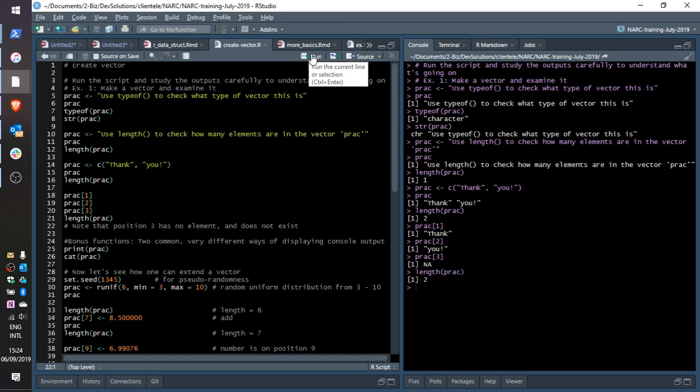What's the length of prac? 2. So notice that I made a comment here. Notice that position 3 has no element and it doesn't even exist. Okay? Well, how did it come there, sir? How did it come there? The position 3. No, I just typed in this thing here to test, to show that what R will give you is NA, even though nothing is there. Okay, it didn't give you an error or anything like that, just told you NA. Okay? So now,